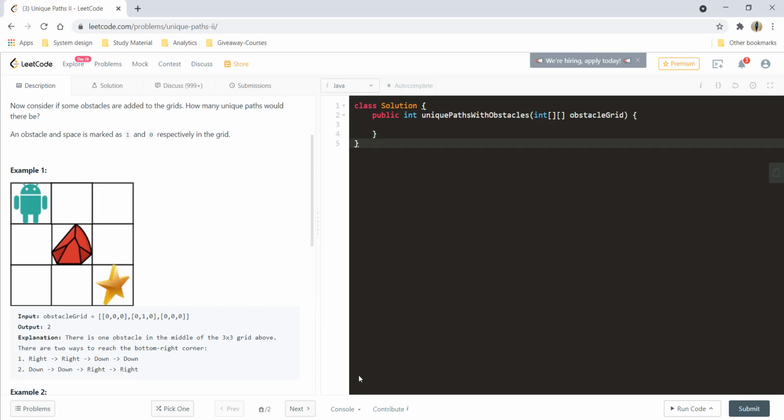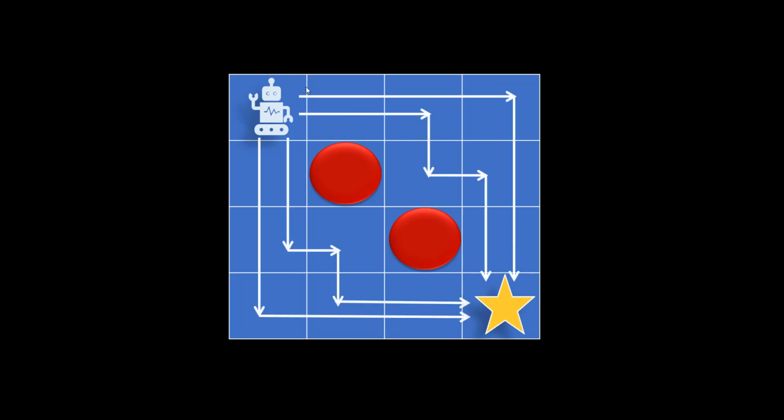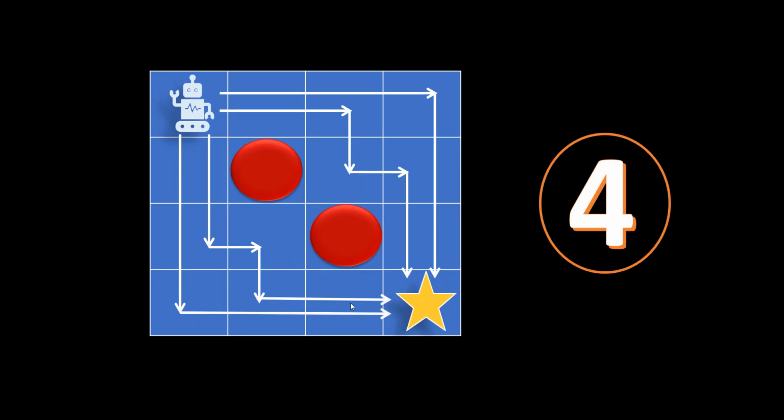Firstly, we'll see the recursive solution, that is a bottom up solution, and then we'll go on to the iterative one, that is the top down approach for this problem. So I have taken a 4x4 grid and these are the obstacles and this is the finish point. My robot is placed at the top left corner. All the possible paths for this particular grid are shown by the arrows over here, and so we can see that there are only 4 possible paths.